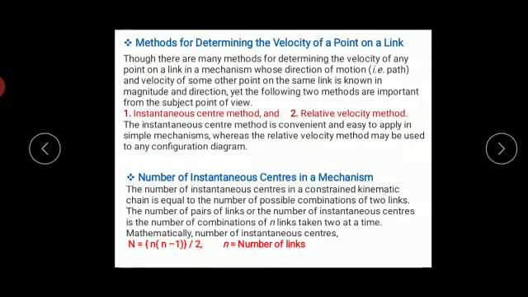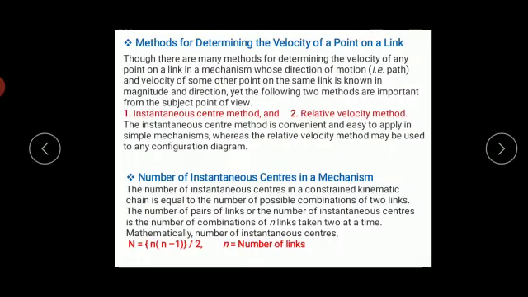Next, the instantaneous center is a point about which one body rotates relative to the other for a given position, and hence it is a double point, denoted by something like I12. It is the instantaneous center of link 1 and link 2, and it should be read as "I one two" only, it cannot be read as "I twelve".